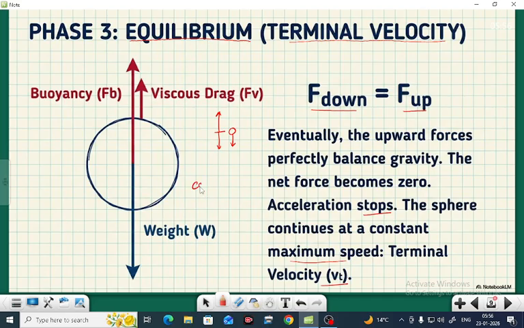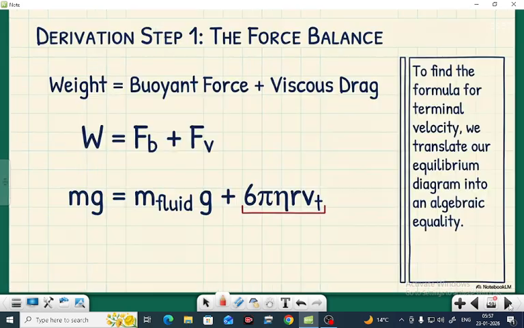The ball moves with constant velocity in the liquid, and this maximum constant velocity is known as terminal velocity, or what we call Vt. Now in this case, you see here the derivation, step 1,